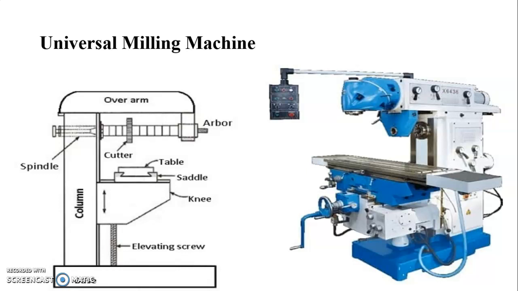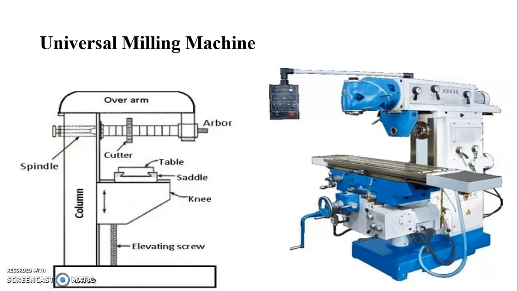So as earlier we discussed the plain milling machine and vertical milling machine. The parts of this universal milling machine are similar to the other milling machines, and the function is also similar. The first part, that is the base, is a heavy cast iron casting at the bottom of the machine. It carries the column at its one end. It serves as a reservoir for the coolant.